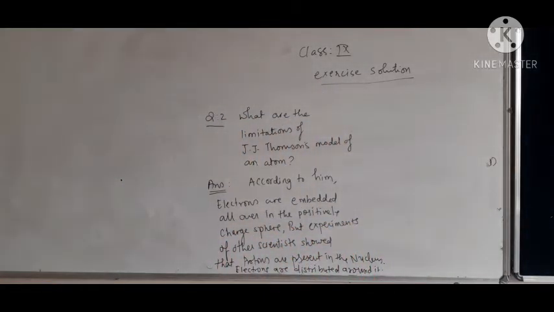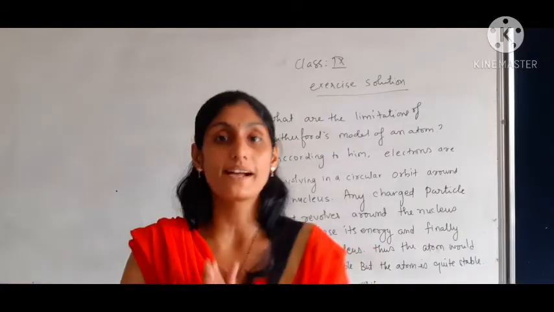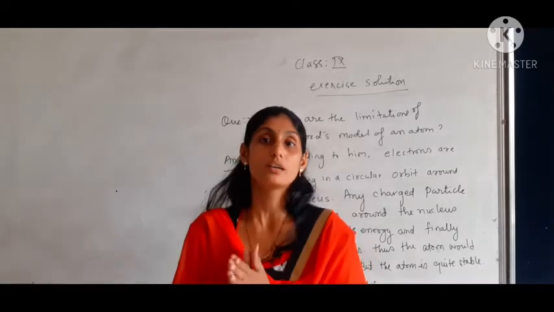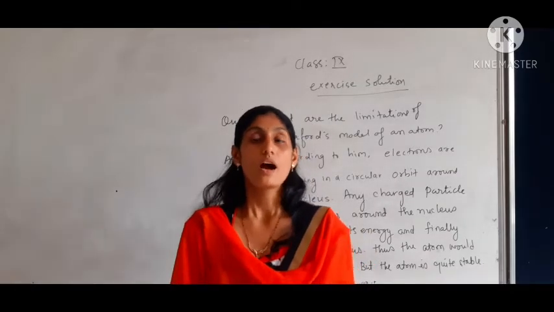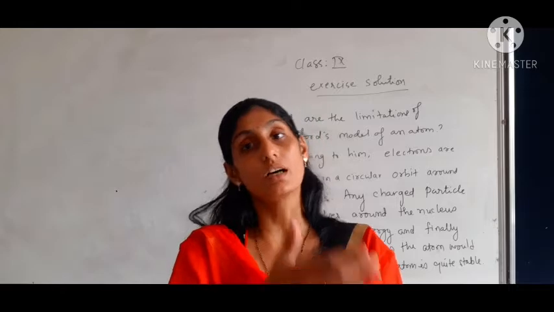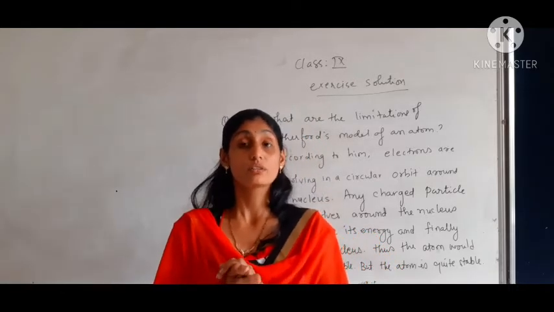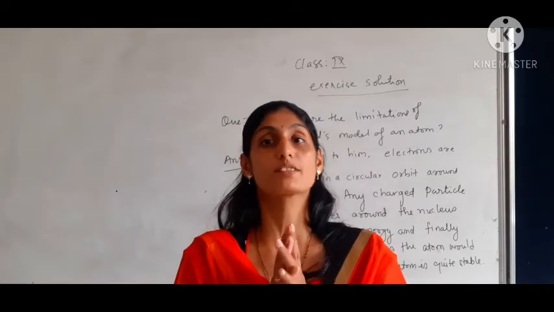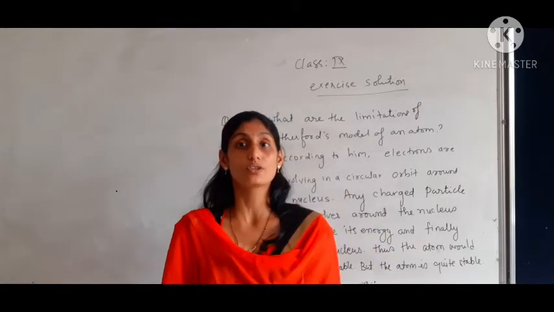Then we are moving to question number 3, which is again based on the limitations of the nuclear model of an atom, or we can say the limitations of Rutherford's model of an atom, or the alpha particle scattering experiment. Children, what will be the answer for this? Rutherford said that electrons revolve around the nucleus in the orbit. Now, with the amount of energy they are revolving, that particular explanation is something he could not explain by the experiment, that is, about the revolution of the electron.